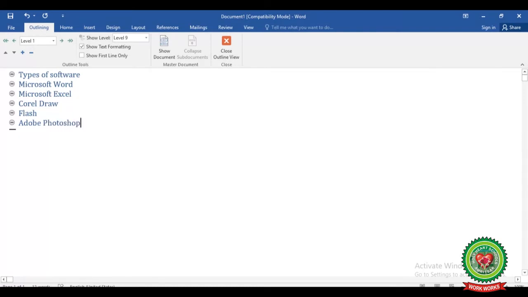Now I have written the text. Now I will do required changes.